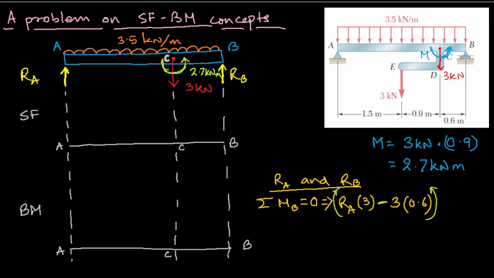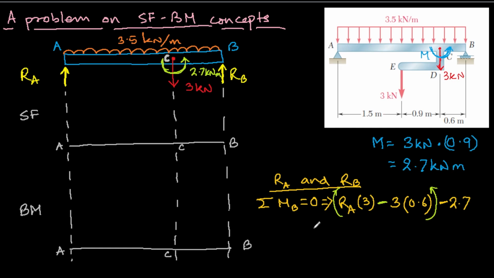Okay, and then what about this couple moment? This again is counterclockwise, so minus 2.7 kilonewton meter, and then